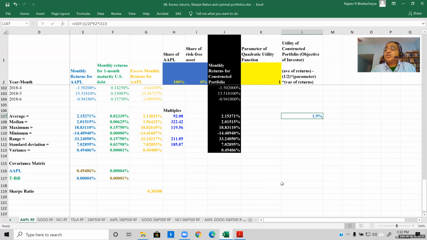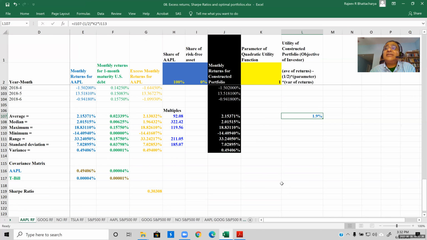This here is the expected utility of this constructed portfolio. Now we are going to calculate the optimal shares, the optimal proportions in Apple and the risk-free asset that would give you the maximum utility. Now, one thing you should keep in mind, going back to microeconomics, the expected utility number by itself does not